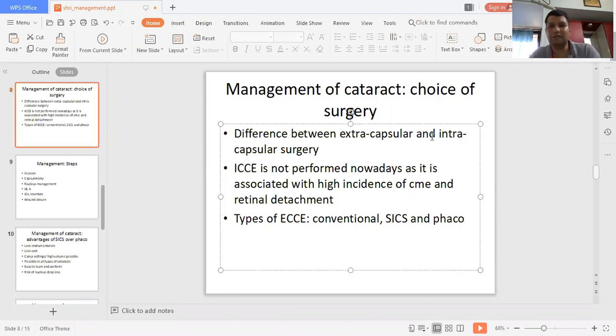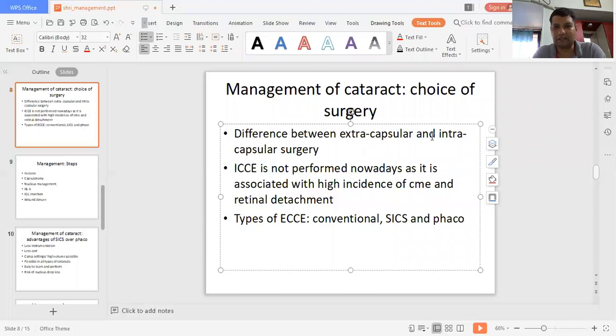So, what is the difference between intracapsular cataract surgery and extracapsular cataract surgery? In intracapsular cataract surgery, we remove the whole lens when we do the surgery. Whereas in extracapsular cataract surgery, the essential concept is we make an opening into the anterior capsule and we remove that part of the anterior capsule along with the lens nucleus and cortex, whereas we leave the posterior capsule behind. So we don't remove the posterior capsule during extracapsular surgery, whereas during intracapsular surgery we remove everything including the posterior capsule. We remove each and every part of the lens.